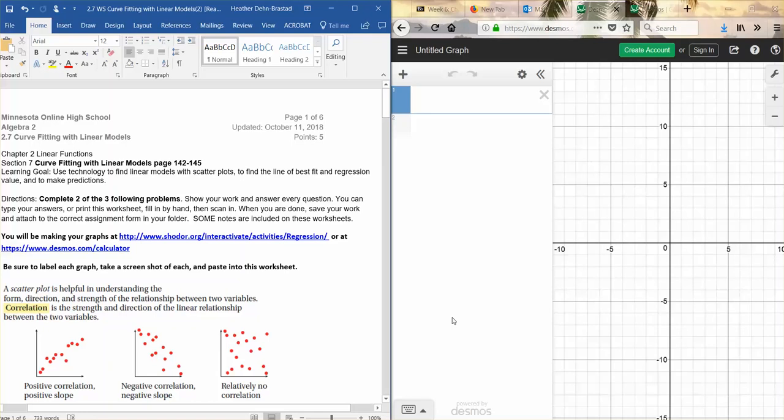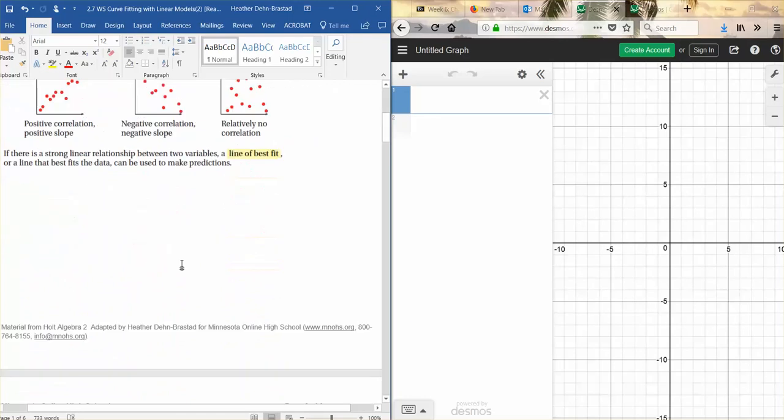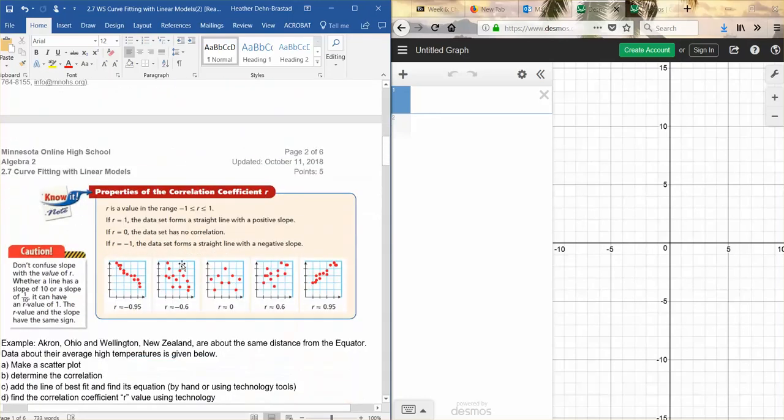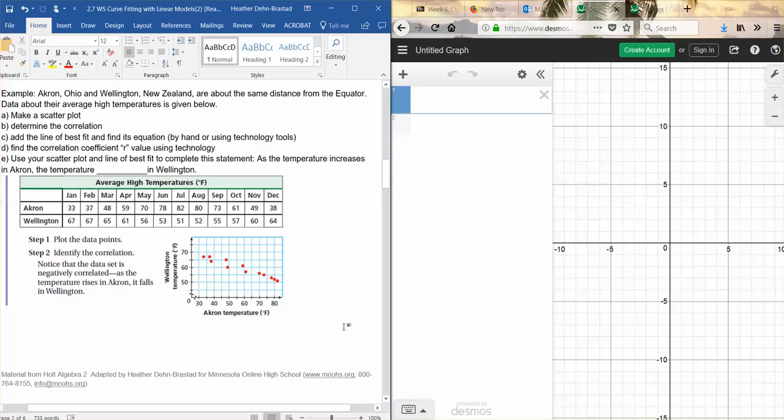This is Ms. DB, and I want to review an alternate way to make your graphs for the 2.7 worksheet. Please watch at least the beginning of the other video where I explain what correlation is and the regression coefficient, the correlation coefficient, which talks about these things here. So this is just an alternative way of making the scatter plots and finding the line of best fit and